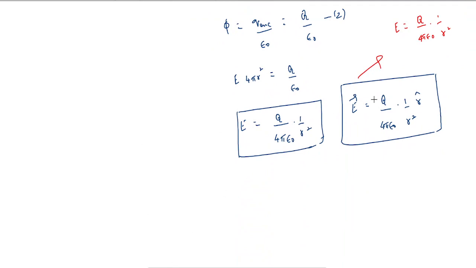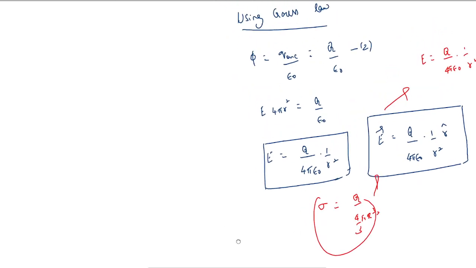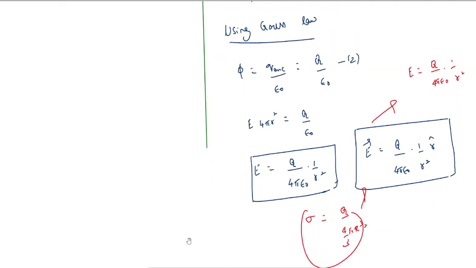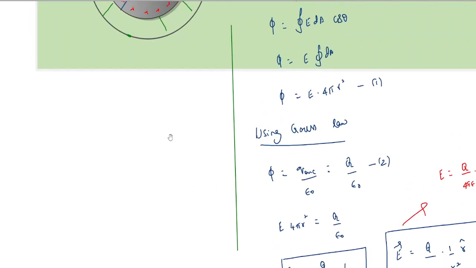This is what is E. You can also express E in terms of sigma. Recall what is sigma. Sigma is given as capital Q by 4 by 3 pi r cube. You can express it in this form also. Put it here. Now let's next take a point which is on the sphere. Again from here, if you use on the sphere, that is for a point on the charged sphere,